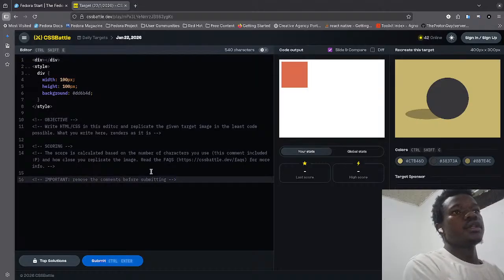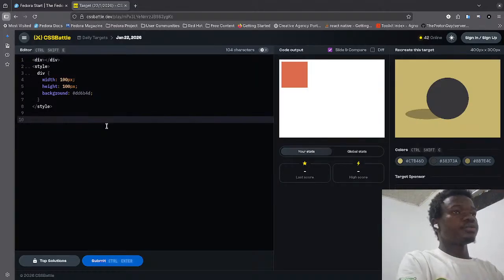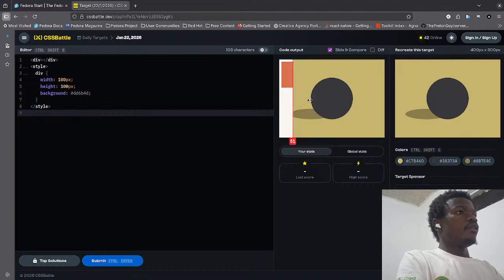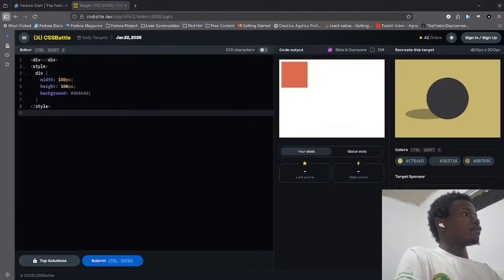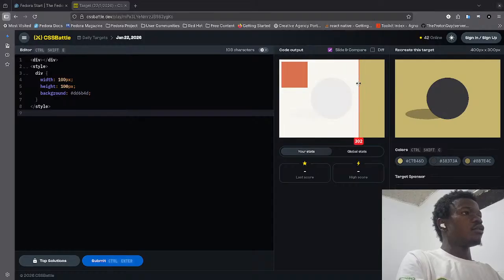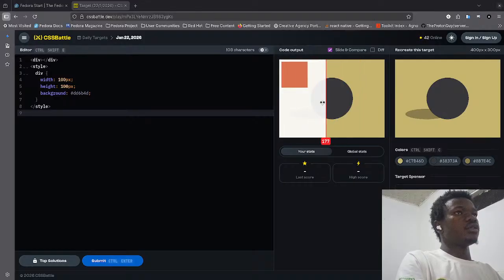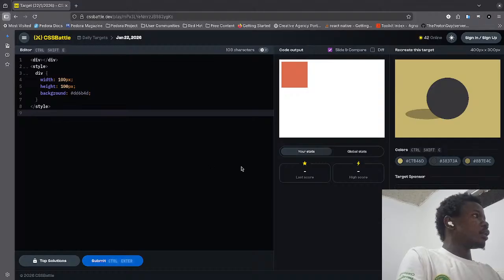Okay. So our objective is, as usual, to come as close as possible to this target with the least amount of CSS and HTML possible. Our target today is this circle with a shadow behind it. This shouldn't be hard, right? This should not be hard at all. So let me try to fix